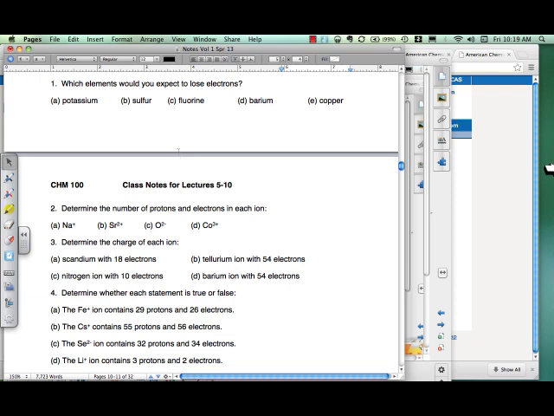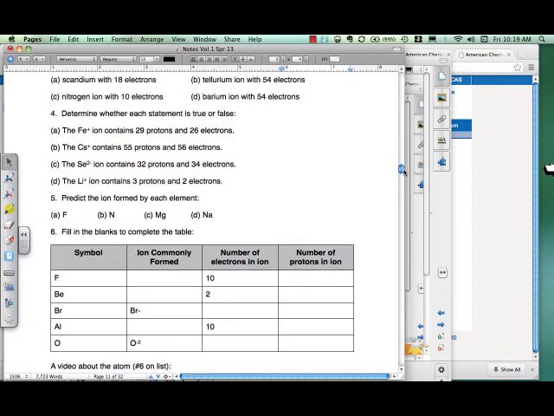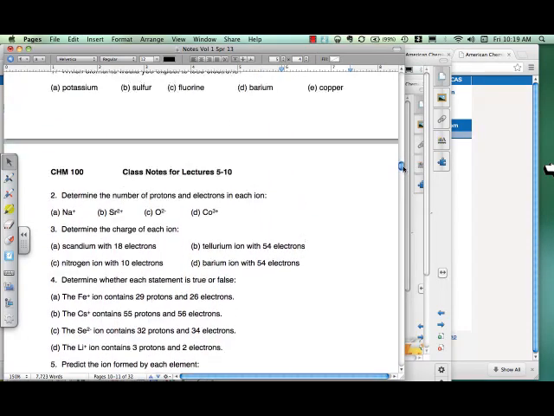So we're going to start with the predictable ones. The ones that are not predictable are the transition metals in the middle. There are 3 transition metals that are very predictable. All right, so we're going to finish off with this idea so that when we start up with lecture 7,